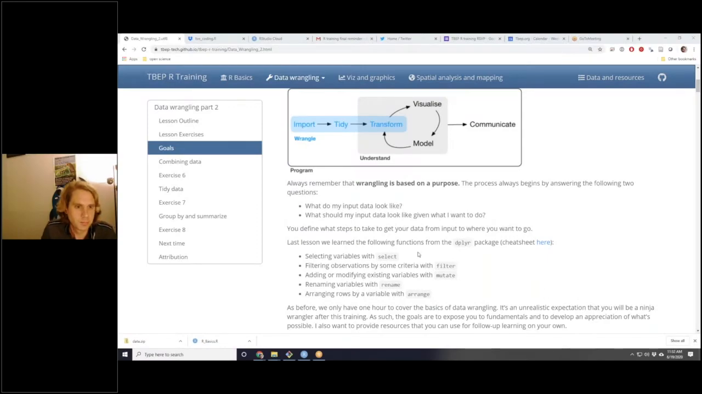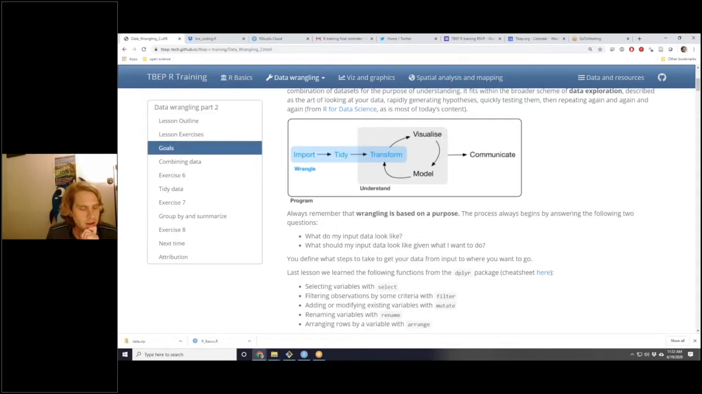All right. So this is just a little background material about wrangling, why it's important. I covered this in the last lesson, so I won't dwell on this too much. But remember, it's just this general process that begins with a question of where am I going? In other words, what analysis am I trying to do? What plot am I trying to make? And what does my input data look like? And what do I need to do to it to get to where I'm trying to go? So this is all leading you up to this understanding process where you're going to hopefully gain some insight into